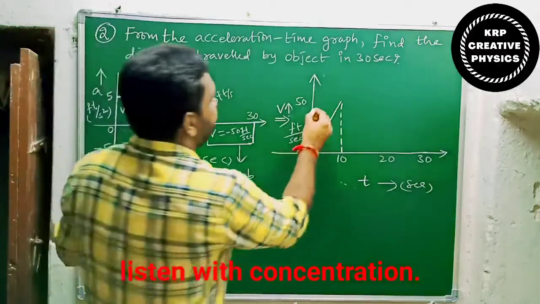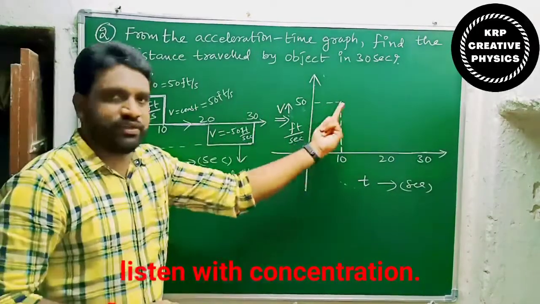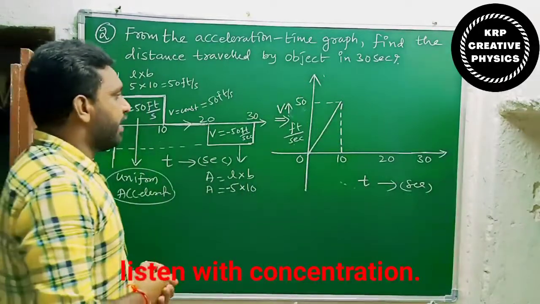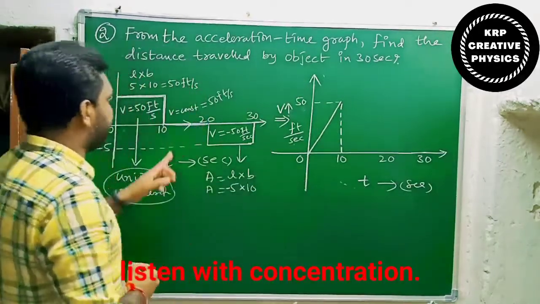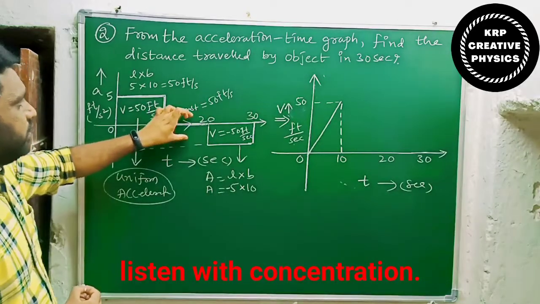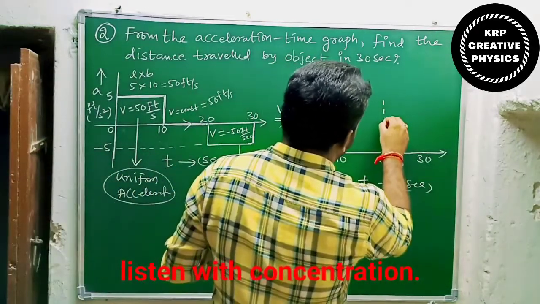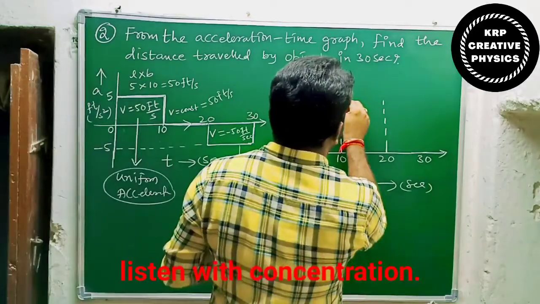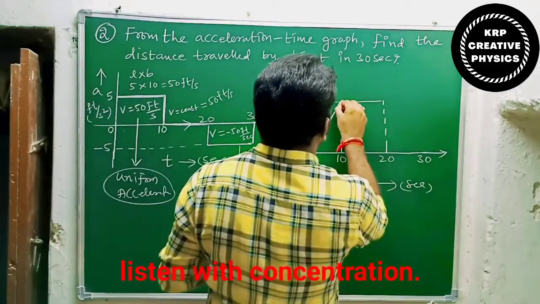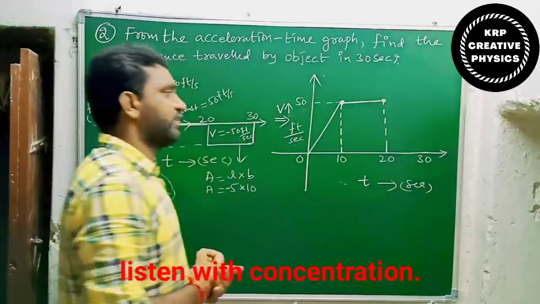So it is representing 50 feet per second. Uniform acceleration, velocity is increasing. That's what you should remember. Okay, and after 10 seconds, if we consider 0 to 20 seconds, same velocity, constant velocity, acceleration is 0. So that means it is maintaining the same velocity till 20 seconds. So we just need to draw one straight line, same velocity. Why? Because it is moving with the same velocity. So up to 20 seconds is also completed.